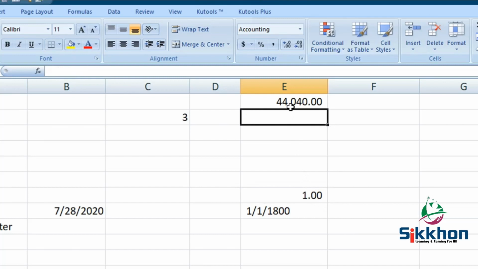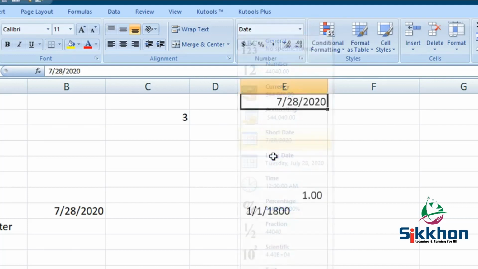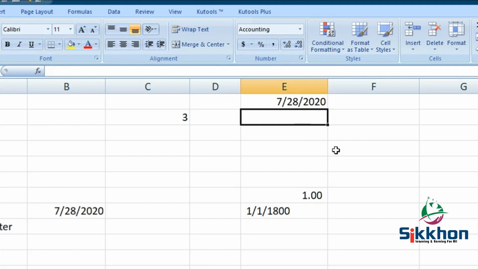So let us cancel this and let us select the date format again here. Then we will notice that our first date has automatically come. The reason is the date format which we have used is 7/28/2020. Let us put one more date, for example, 7/25/2020. So now if I want to know if someone has checked in on 25th and checked out on 28th,